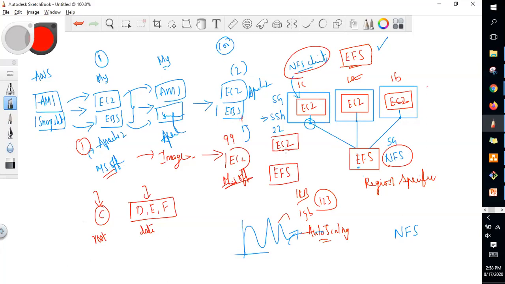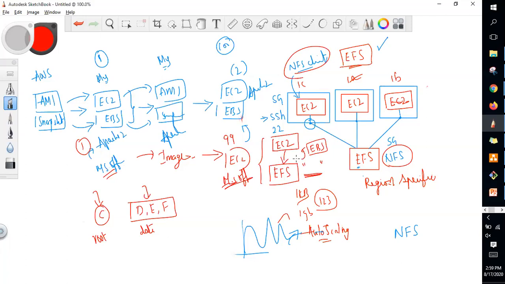Only from one instance you mount to EFS. Don't share this mount instructions of the EFS to anyone. That will become private. I'm just kidding, but your question is also the same way. Yes, actually you can do that, but if you want auto scaling as well as the privacy, then you mount it from only one EC2 instance. But the best thing which you can do if you want a dedicated volume is EBS only. But EBS doesn't support auto scaling.